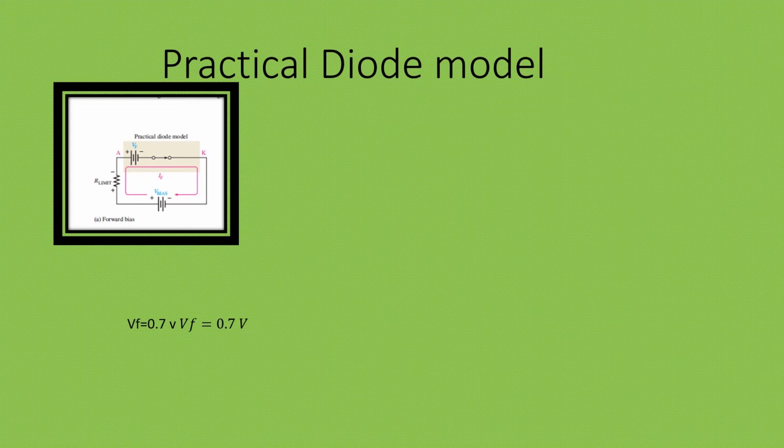So let us see the current and voltage relation. The forward bias voltage, Vf, is a very important parameter, and this much is very standard. In case of semiconductor material, it has to be compulsorily 0.7 volts in case of silicon, and in case of germanium, it is 0.4 volts. Remember this.